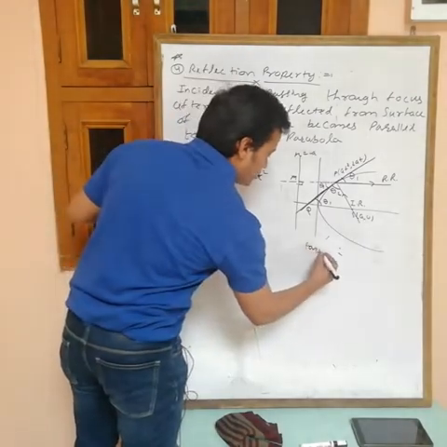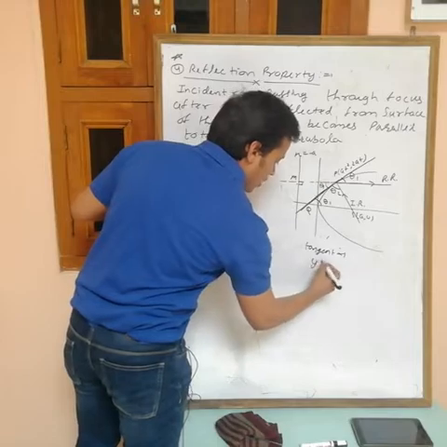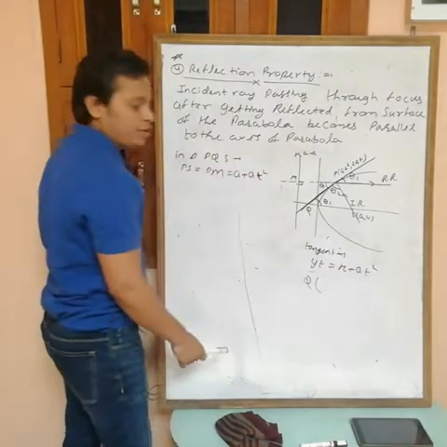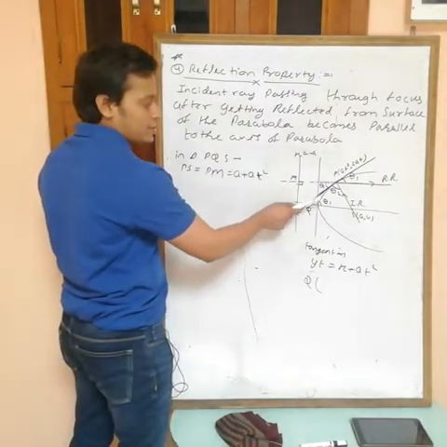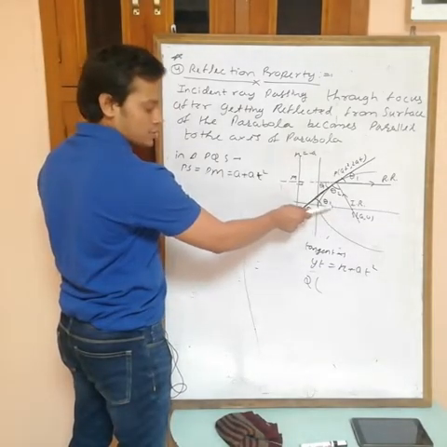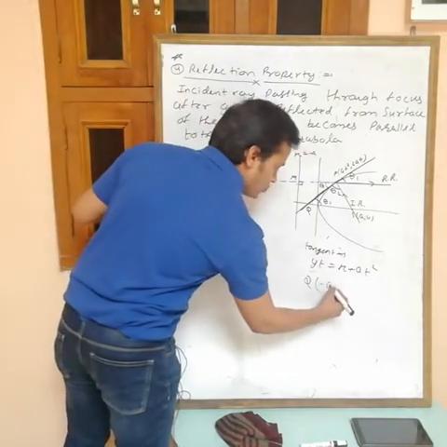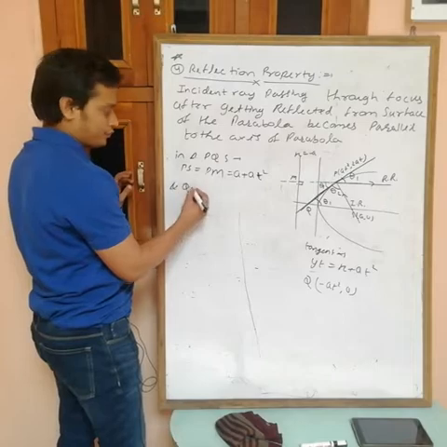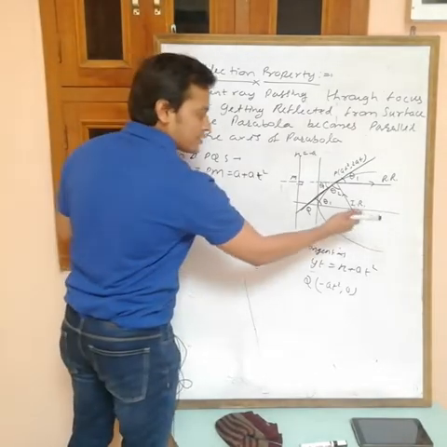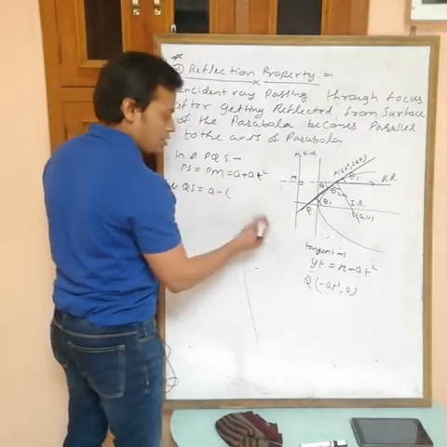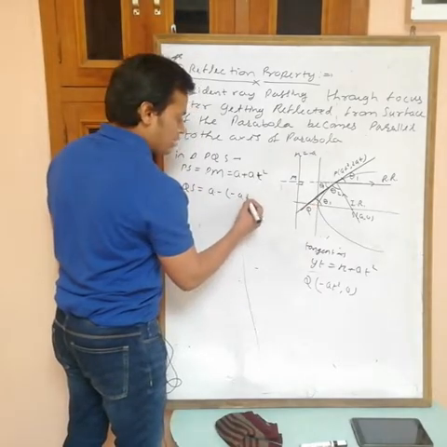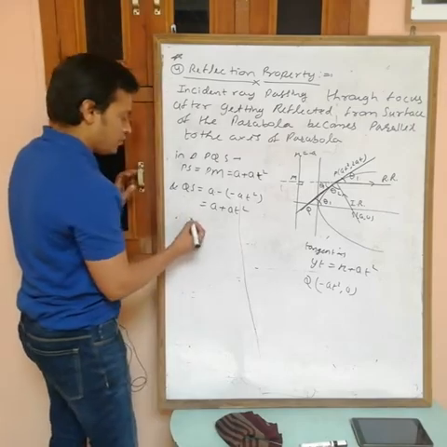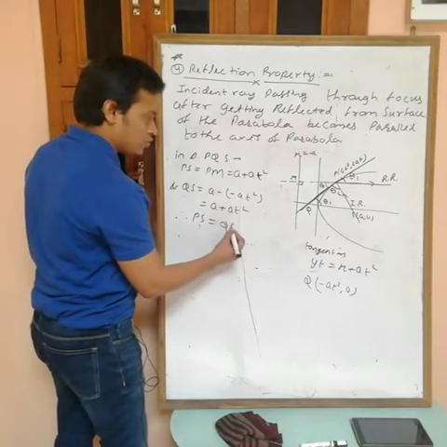The equation of the tangent is yt equals x plus at^2. Now can you find the coordinates of Q? Easily: Q lies on the tangent and on the x axis, so put y equals 0, then x is minus at^2. Now can you find QS? This x minus this x: a minus the x coordinate of Q, which is minus at^2. What are we getting? a plus at^2. It means PS is equal to QS.